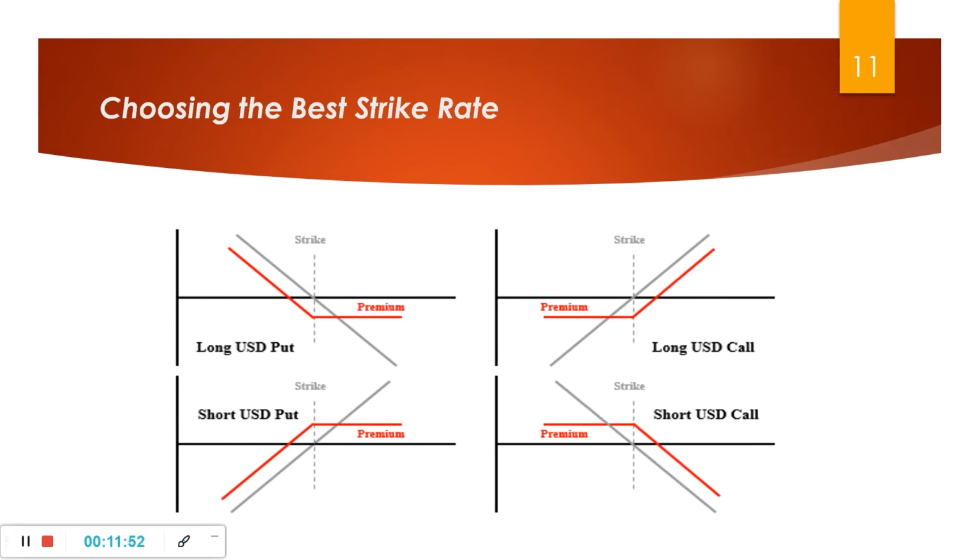Effective strike rate. The effective strike rate is simply the strike rate adjusted to reflect the cost of the premium paid. It can be thought of as the all-in rate of the deal if the option is exercised. In the previous example, if the company exercised the option at 1.1727, the cost to the company of USD 1 million in euro at the rate of 1.1727 is euro 852,733. The company must also pay a premium of euro 122,194. So the effective cost of the USD 1 million is euro